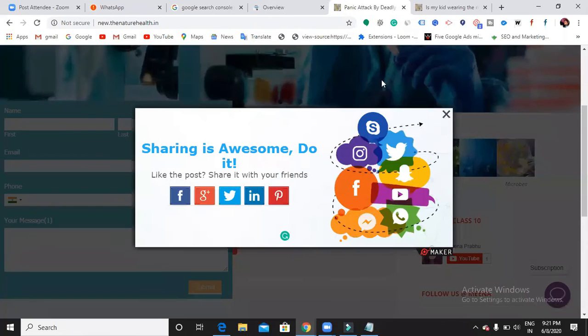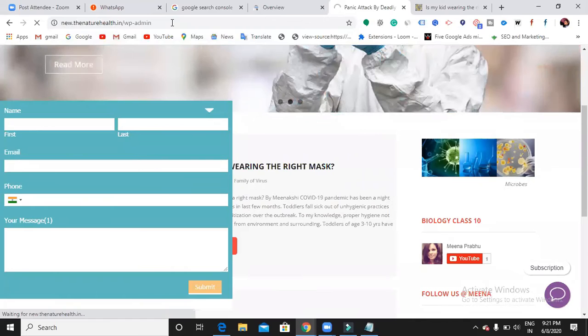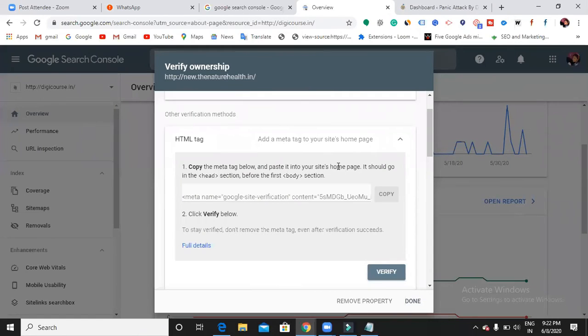So get into the admin panel of this website. Let's get into the dashboard. Where is it asking me to paste the code? In the header section of the website.